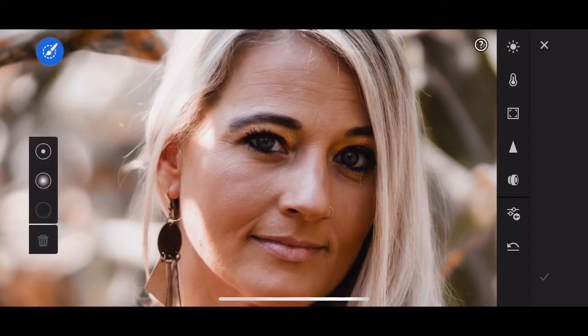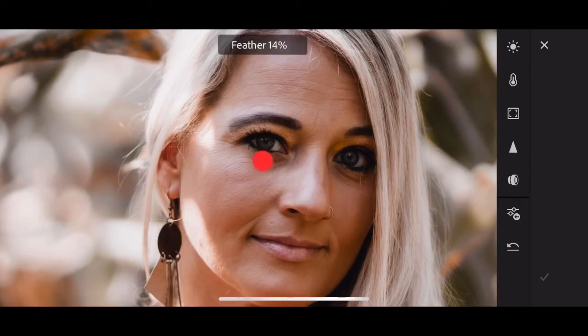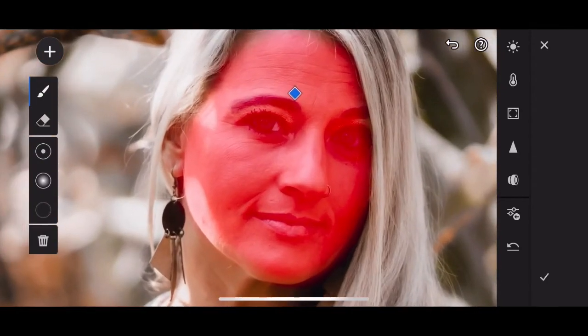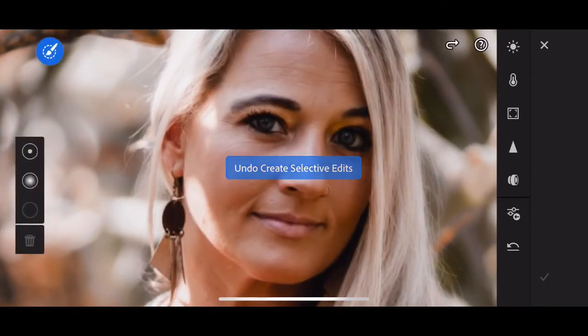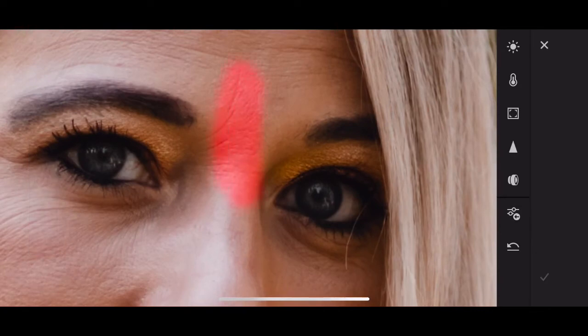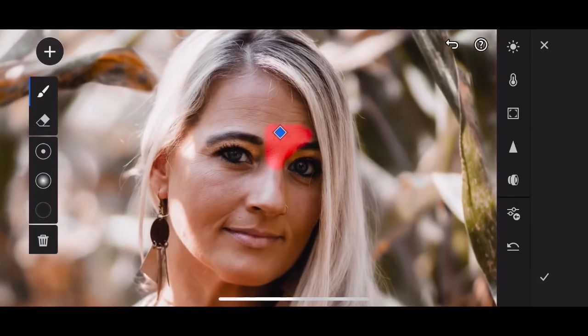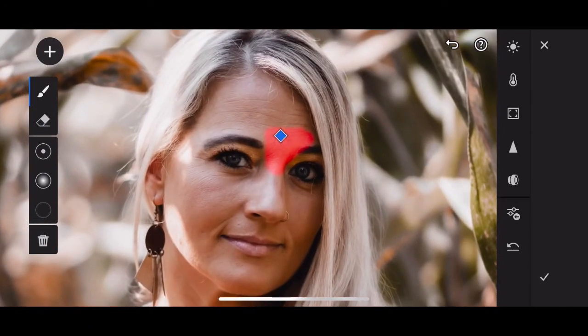The next thing that you're going to want to make sure is that your feathering is up to 100%. So if you do the same thing, hold and drag down, it'll be 0%, hold and drag up, it'll be 100%. So now that we have that set, what you're going to do is select the entire area of whatever skin that you want done. You can either do it like this, or you can hand select it, or just do this right here. This is fine too, like I do this mostly, but just for the sake of this video,